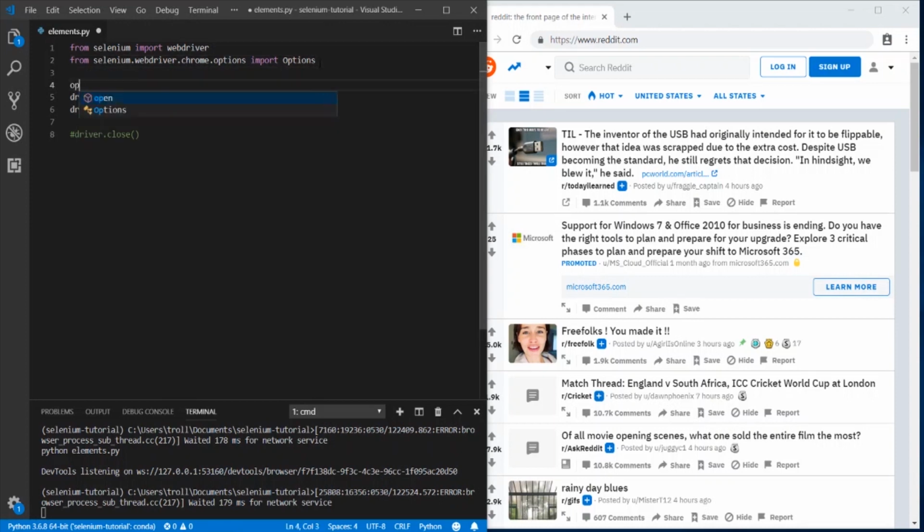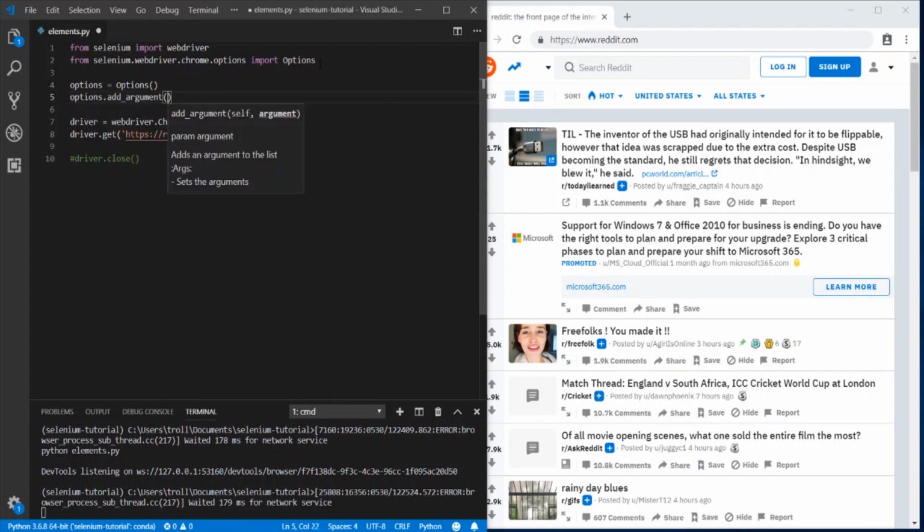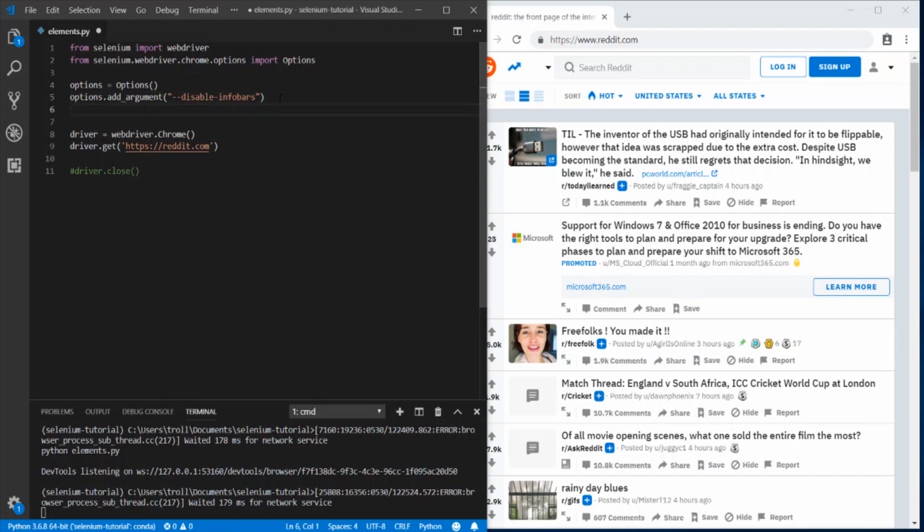But the first thing we're going to do is options equals options, and then from here we can add each of the things we want. So we're going to do options.add_argument, and the first one we're going to do is --disable-infobars. And what that'll do is get rid of that "Chrome is being controlled by WebDriver" bar across the top. The next one we want to do is